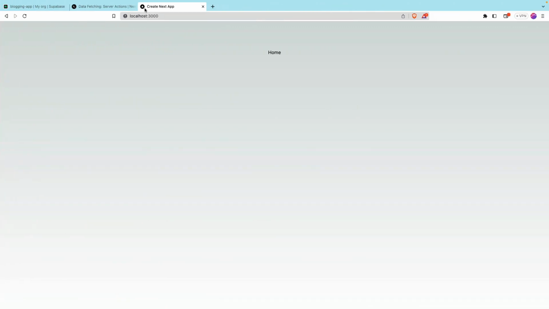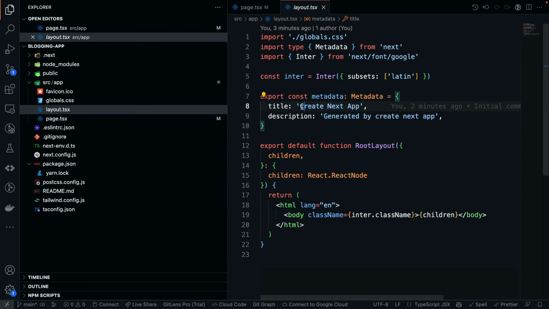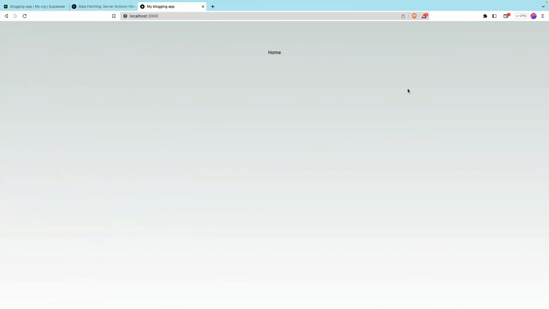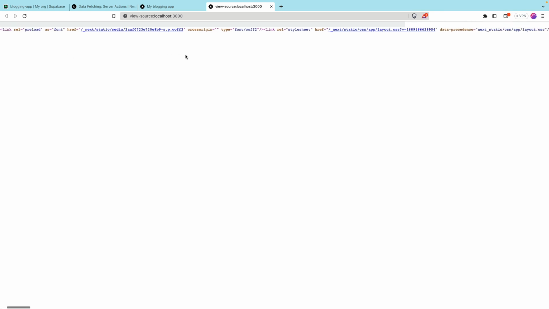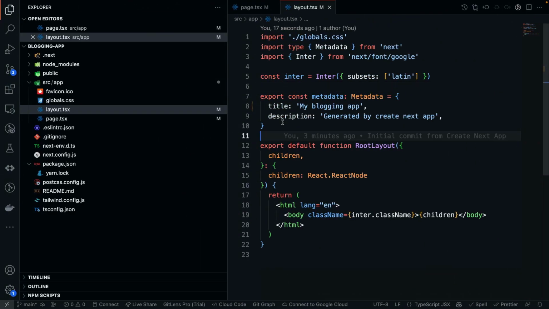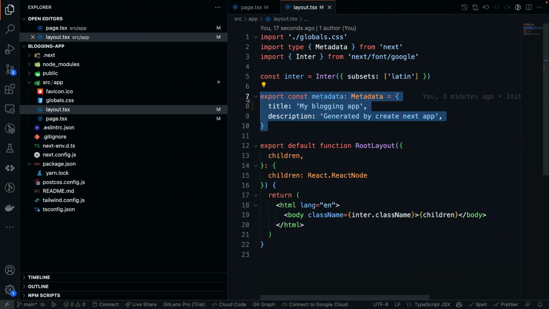If you look at the site, there is create next app here, right? So if I change this to my blogging app, okay, it changes here. If you look at the page source, the metadata is responsible for changing the title attribute, and whatever title is set here will be the title of the document. So this is a new way of creating your SEO, your document metadata, and this will directly translate to meta tags inside your HTML. We'll discuss this more in a future video, but for now, just understand that earlier